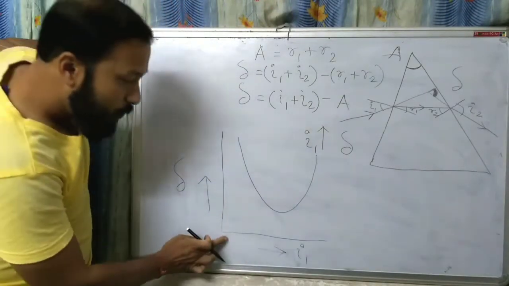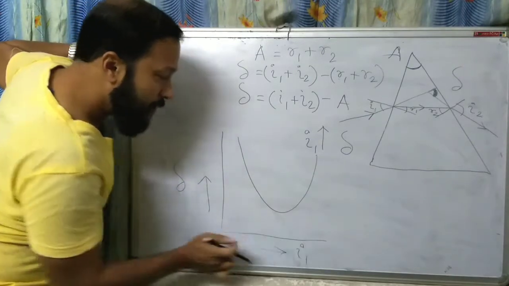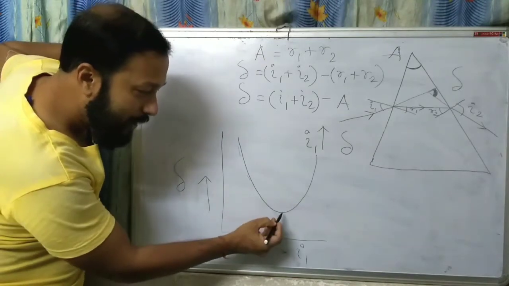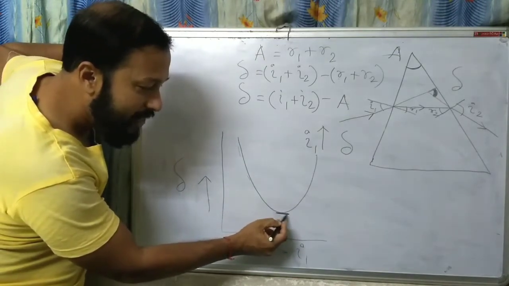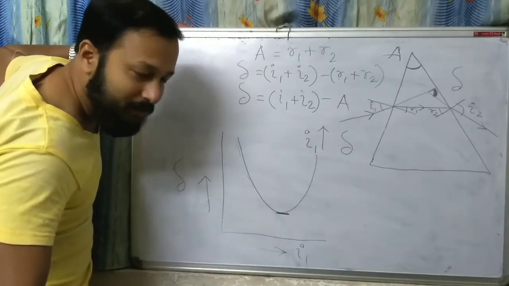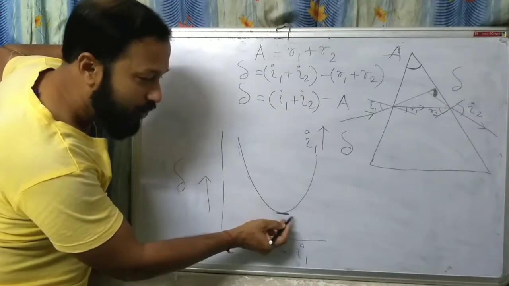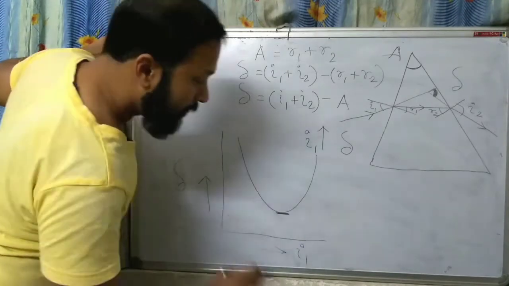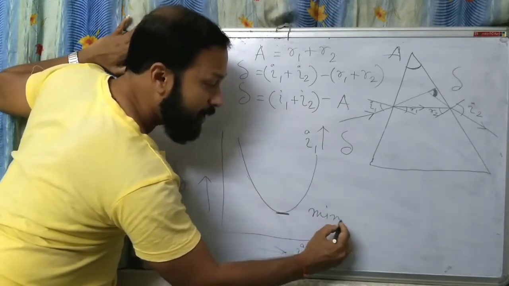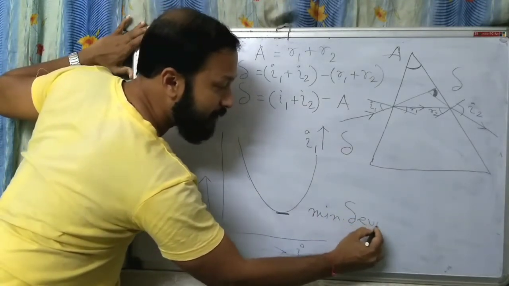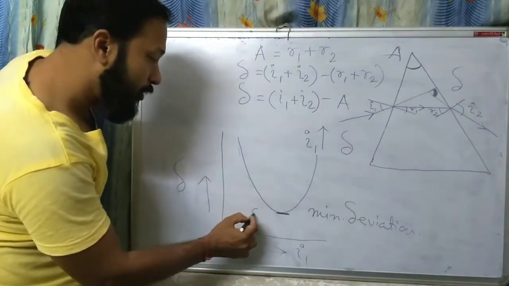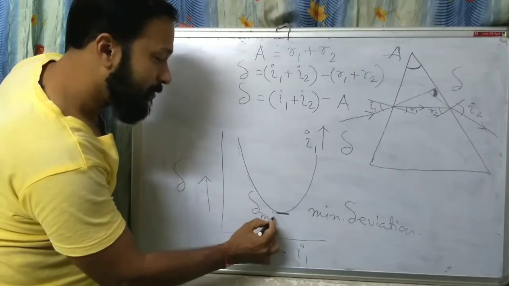See, if you increase the angle of incidence, first the angle of deviation will decrease, then it will come to a minimum value, the least value, then again it will increase. Understood? Now this minimum value, we call it minimum deviation,